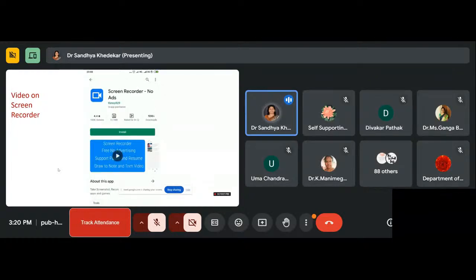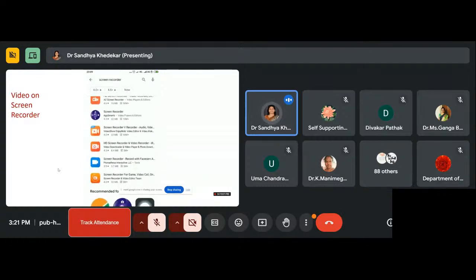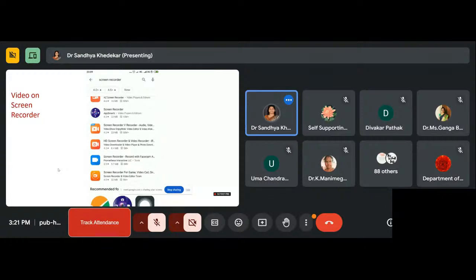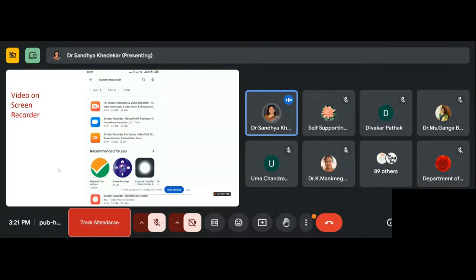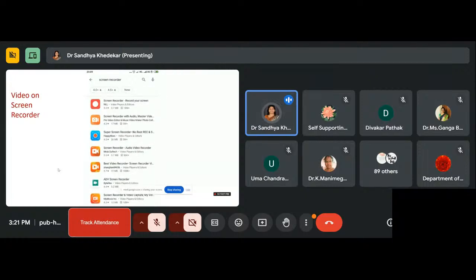This is also good, in blue color, a screen recorder with no ads. And here you can see some more options like screen recorder by App Smarts, screen recorder by video downloader. Then promo options are there and video editors are also there. So in your mobile also this facility is available.